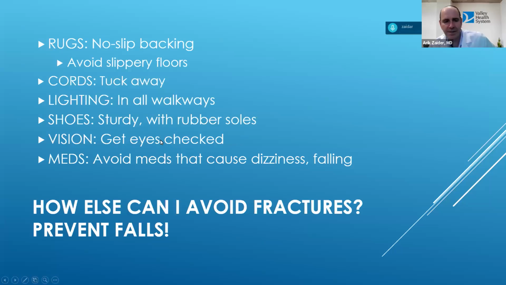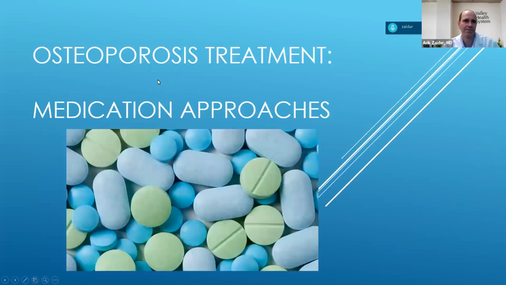And let's mention again what we said before about preventing falls. There's a lot of things you can do if you look closely at your house, or let's say a loved one's home, to make sure you're minimizing risk. Rugs are a big one. Make sure the rugs don't slip and you have a backing to avoid slippery floors. Put away cords, have good lighting, wear good sturdy shoes that aren't going to slide or slip, make sure your vision's good. These things seem kind of trivial and obvious, but they can go a long way. So look around your environment and try to prevent falls.